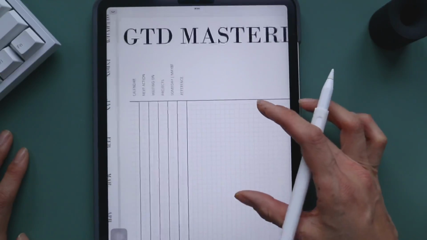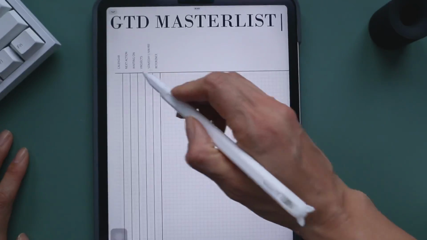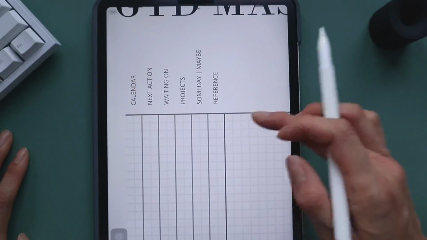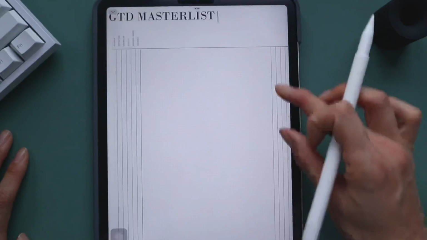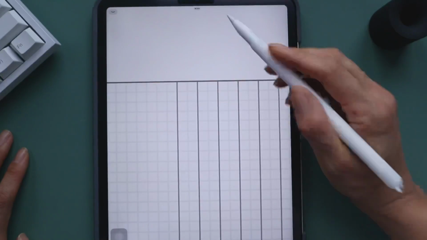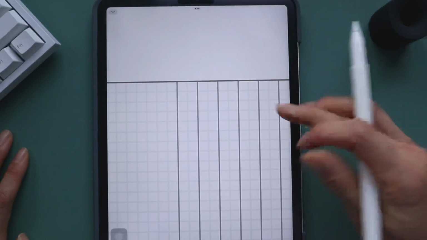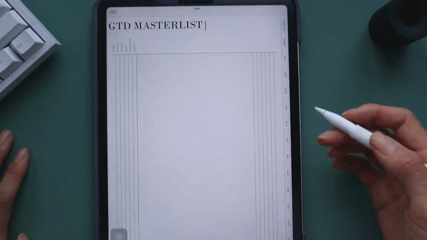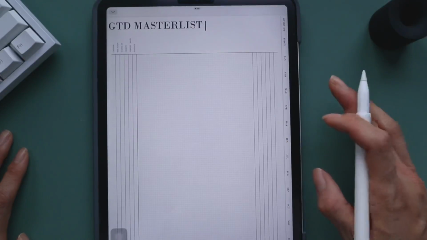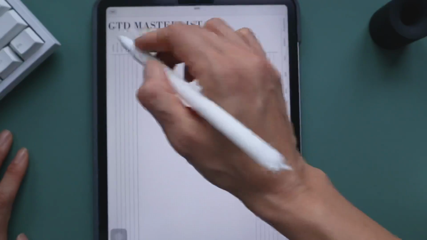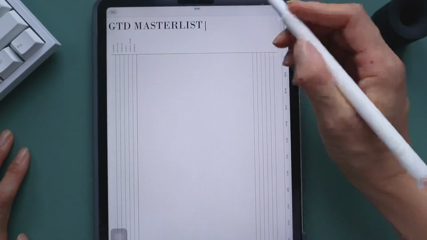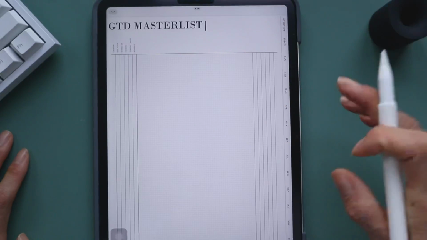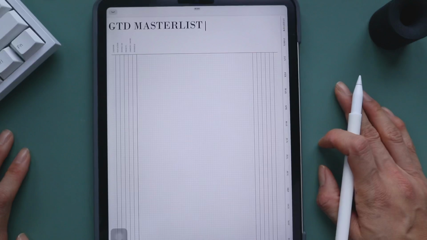But this is a simplified version of it where you can just check off what this belongs to, what that item or that task belongs to. And in this side, you also have an area to write down the next actions categories. Now, if you don't know what this means, you can just cover this page with a task list or whatever, or even just cover up the titles, change the title really easily by just writing over it. And that's the beauty of a digital planner,